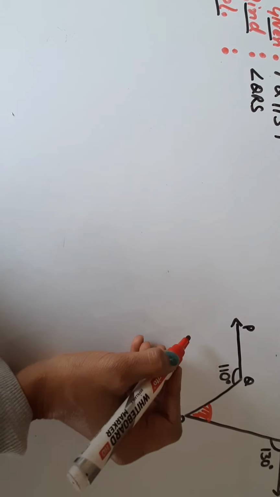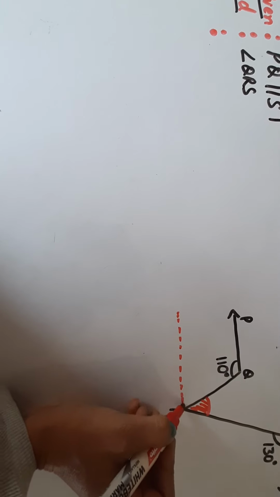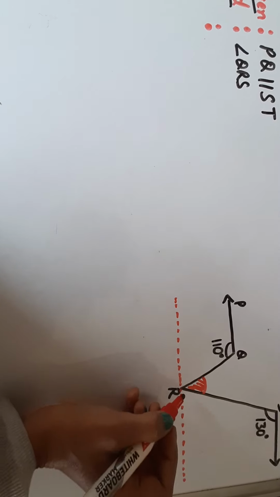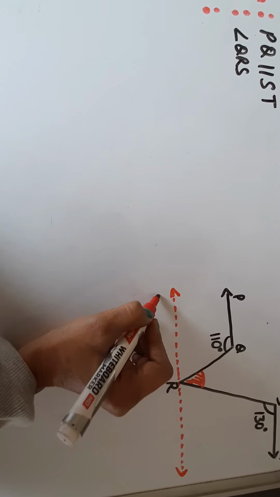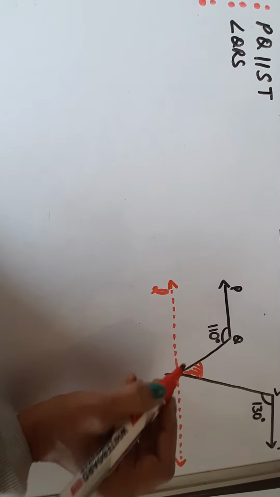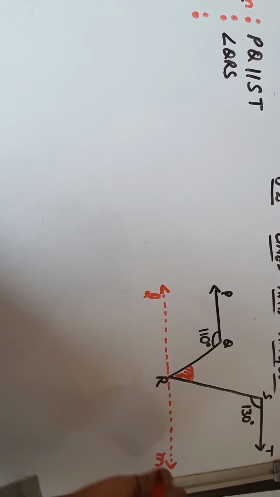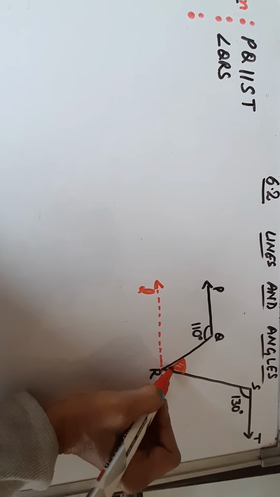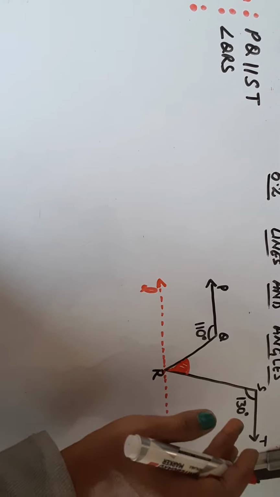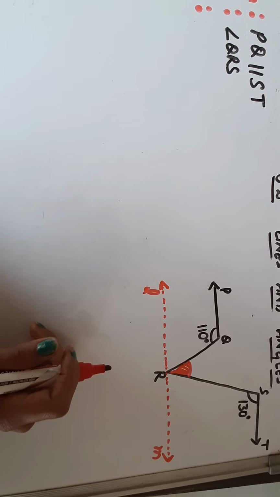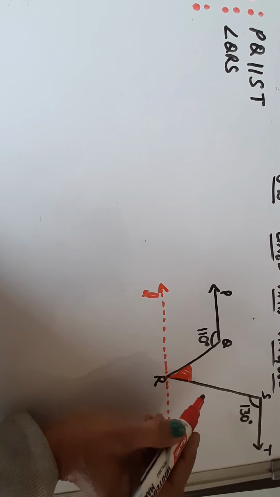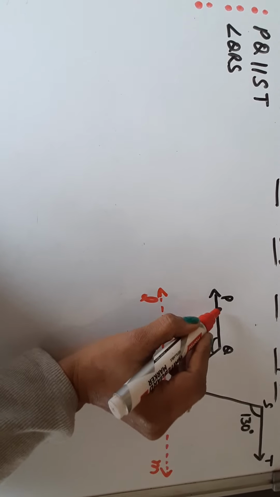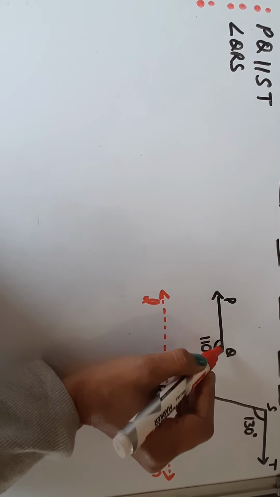To find out this angle, let us construct a line passing through point R, and say this line LM is parallel to PQ as well as parallel to ST. All these three lines are parallel to each other. Now we need to find out this angle, so let us use the properties of parallel lines. Dear students, now we can see that this angle PQR is touching the parallel line PQ,